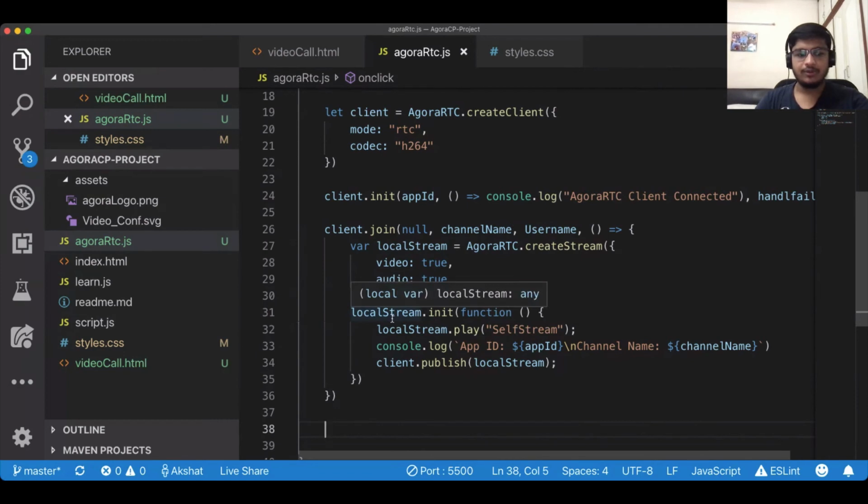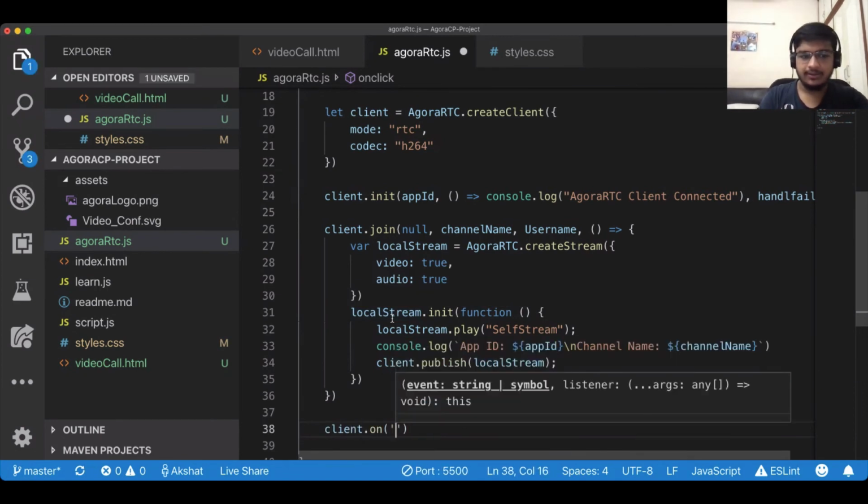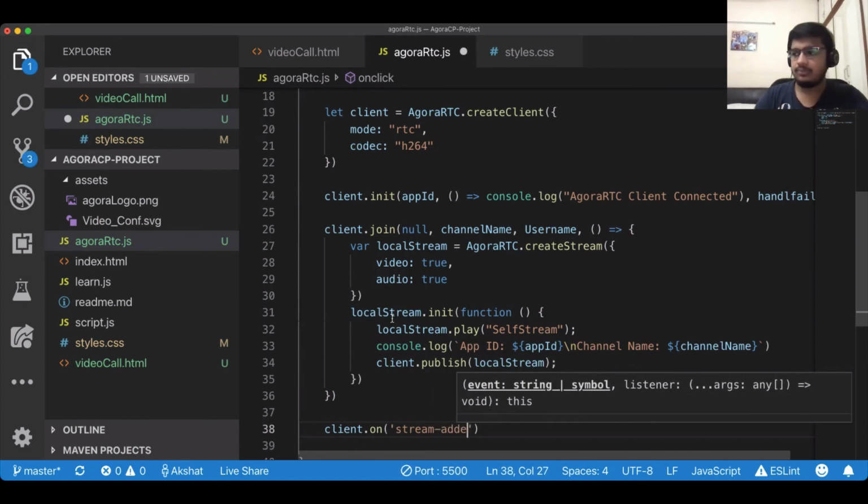Now we'll be using two very simple callbacks which Agora gives. Client dot on stream added. As you can see, there are so many awesome functions which the Agora SDK gives to us, which we wouldn't have been able to do with core JavaScript.